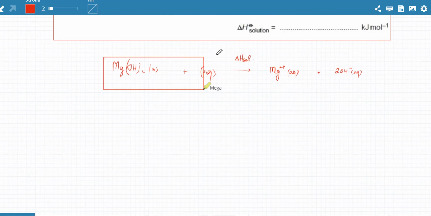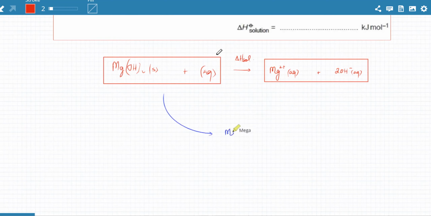First one is you would have to break the lattice. Okay, so if you break the lattice, you're going to get a magnesium ion plus you're going to get 2 OH ions. Okay, so you get these two things and then you mix them in water and they turn aqueous. So that's your enthalpy change of hydration, and that is what's happening. So here above you are breaking the